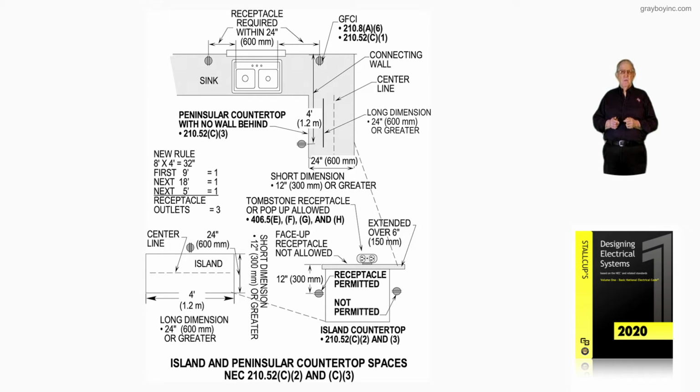Now we're dealing with islands and peninsula type countertop spaces. We're leaving 210.52(A) and (B). We're now in 210.52(C), as in car, 2 and 3. Now notice at the top of the illustration, we have a wall, say, behind